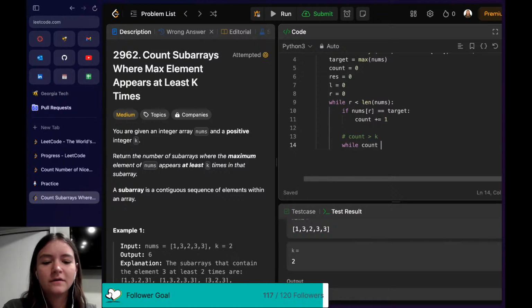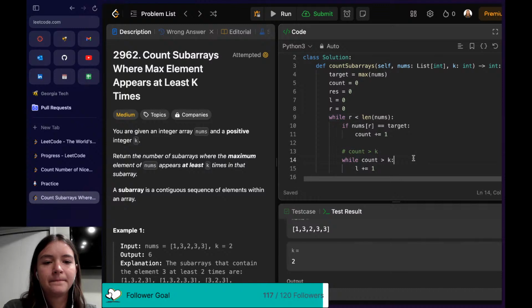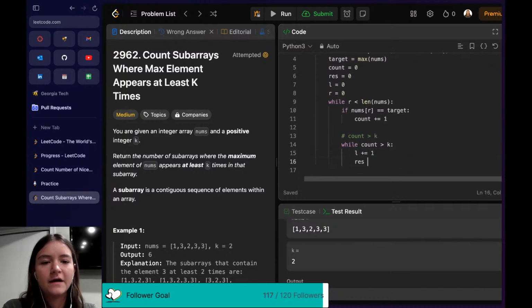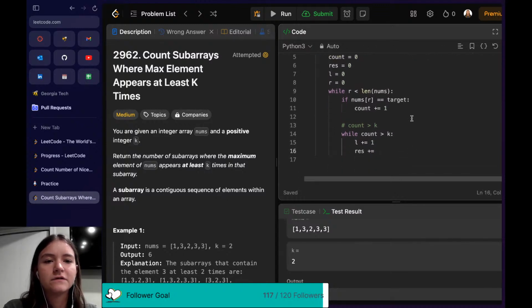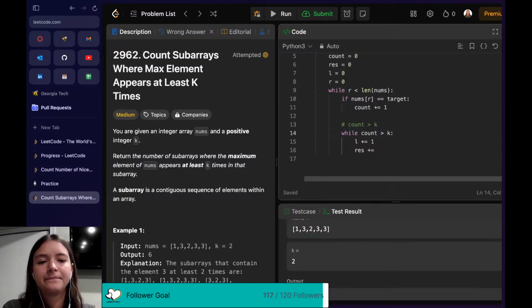Count is greater than k. Shift the left pointer, but also we need to add to res. Res plus equals, what did you say? If nums L equals target,